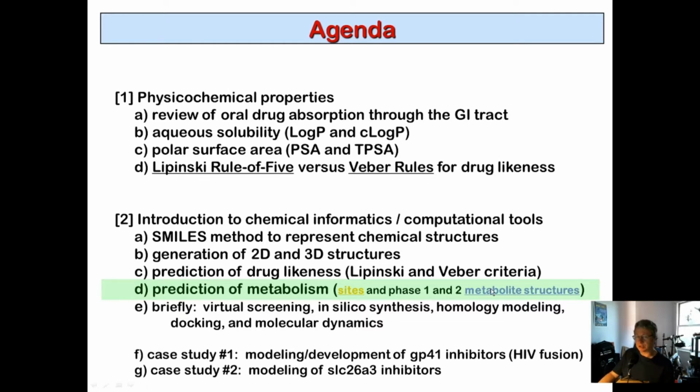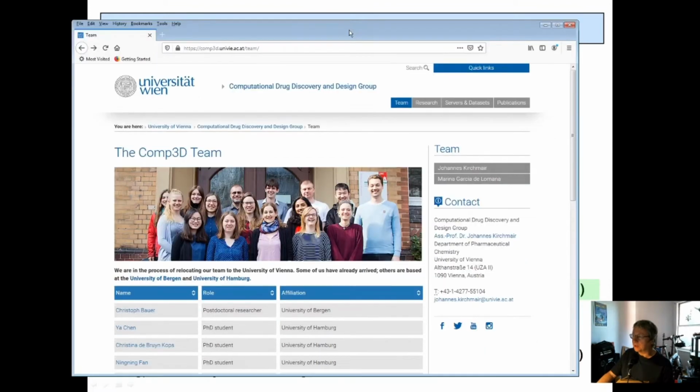So last lecture we had a problem with one of the servers. It's called the NERD server, which does several things related to metabolism. I actually contacted the people that run the server, and they got it working again. It's actually this lab by Professor Johannes Kirchmair. He's at the University of Hamburg. I think he's maybe moving to the University of Vienna in Austria, and so it's a pretty cool internationally developed tool